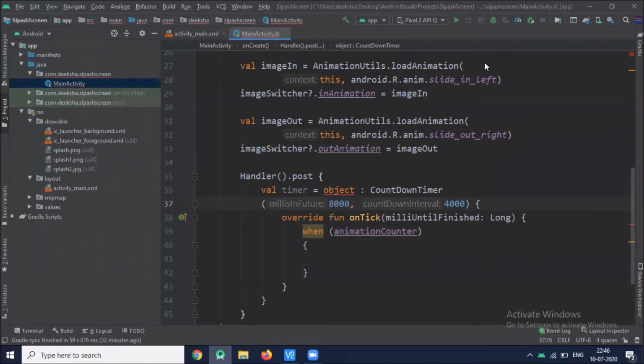Since we want to change our image after 4 seconds, here I'm changing the timer from 8 to 12 seconds.